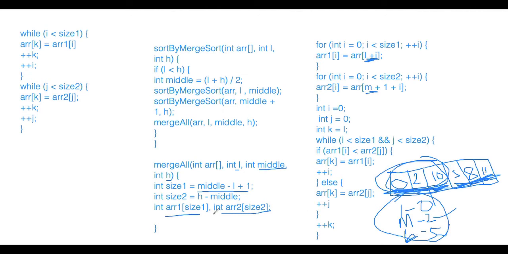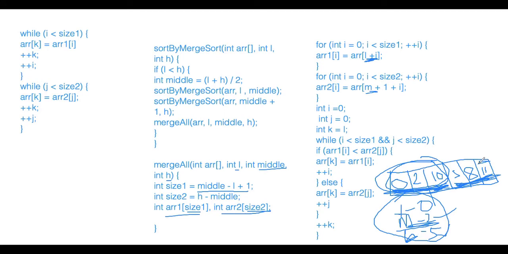Right? And we needed size because without size we can't create an array. That's why we needed size. Because for filling the array you don't require size. Rather than doing i equal to 0 to size minus 1, you can also do i equal to L to M, right? And then you can fill this array from 0 onwards. Similarly for the second one, we are filling the second array from the middle plus 1 element to the highest element, right?